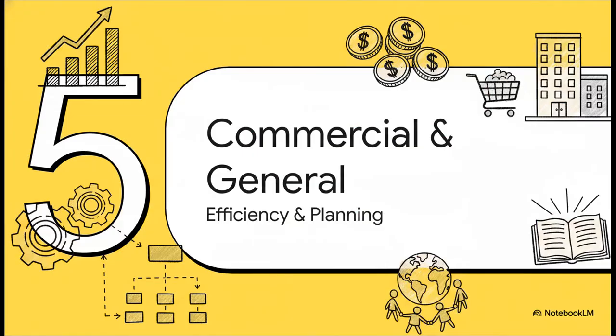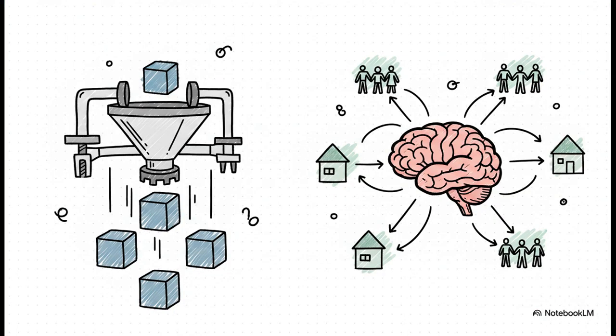And finally, Part 5, Commercial and General Economies. This is where Prout redefines the two economic dimensions we're actually somewhat familiar with today. The commercial economy, that's all about the scientific pursuit of hyper-efficient, loss-free production, making sure output always exceeds input so absolutely nothing is wasted. The general economy, on the other hand, is like the overarching brain. It coordinates planning at all levels to make sure the efficiency of the commercial economy actually results in collective welfare,